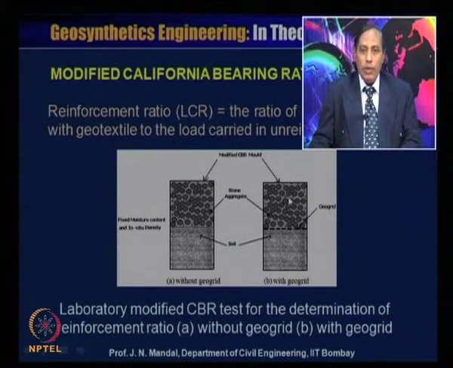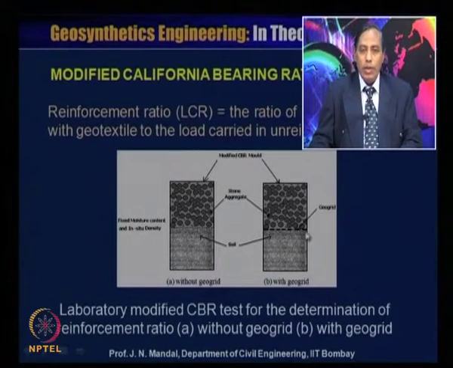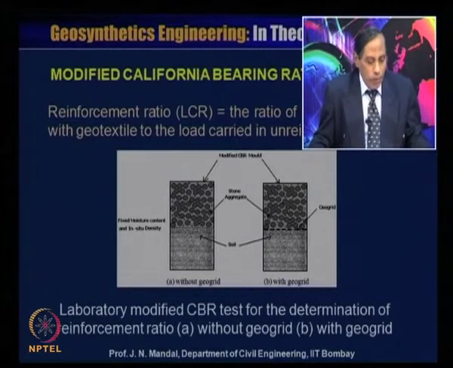layer, and the top is the aggregate layer, but in between, at the interface between the soil and aggregate, we are placing one layer of the geosynthetic material, which will also act as a separation. So here the bottom layer is also soil, but the top layer is the aggregate layer. This we have made in a modified CBR mold. Now you are to apply the load